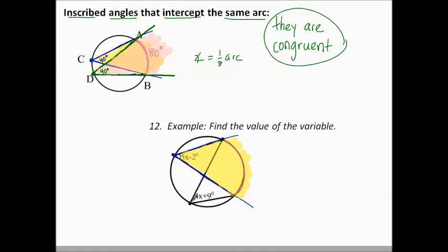Well, here's another inscribed angle. Notice that it's hitting at exactly those two same endpoints. So I know this angle has to be congruent to this angle, and I go from there. 5x minus 2 has to equal 4x plus 9, and then we solve, subtracting the x's and adding that